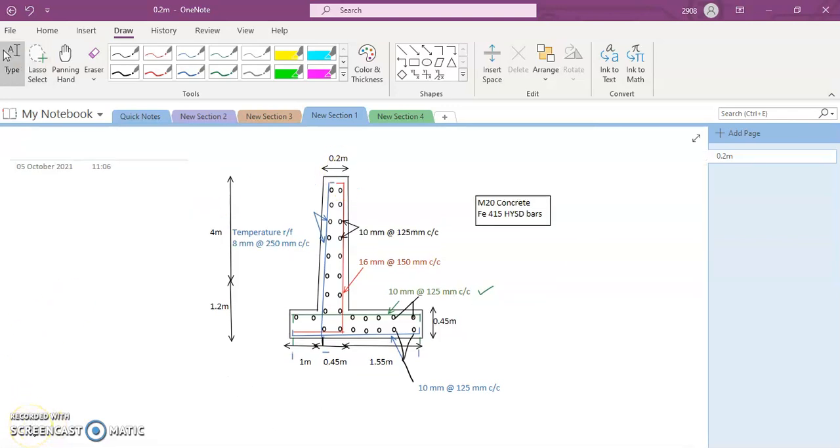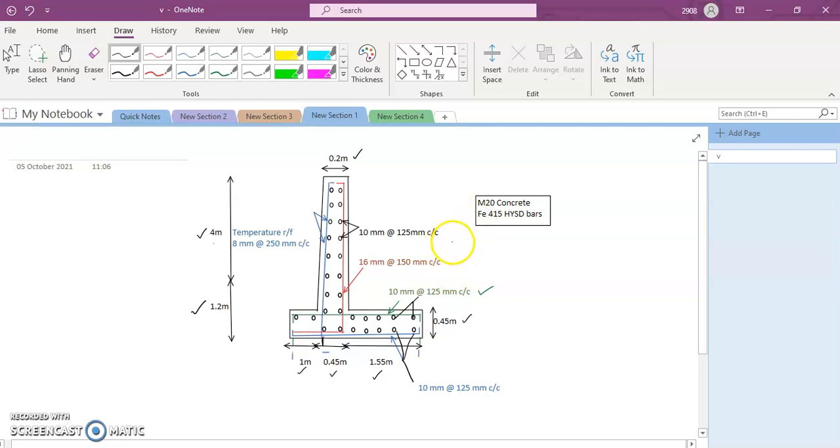So first and foremost, let us show all the dimensions. Okay. So we have 4 meters of embankment height, 1.2 meters of the depth of the foundation, toe is 1 meter, width of the stem base is 0.45. This has been reduced as we go higher and made up to 0.2 meters. This is only because as we go higher, the pressure of the earth will be lesser and the requirement of the thickness of the stem will be lesser. So we have provided a minimum thickness of 0.2 meters. Width of the heel slab is 1.55. The thickness of the base slab is 0.45 meters. So this is the geometry of the retaining wall.